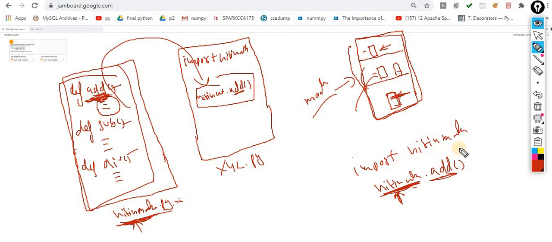So what else can I do? I can assign it a nickname. Very simple: import Nitin Math as NM. Now rather than writing the complete name, I am just writing nm.add.